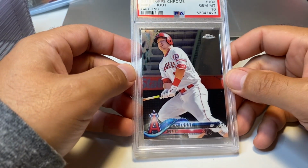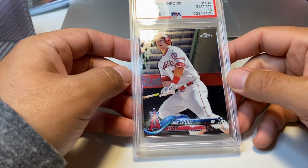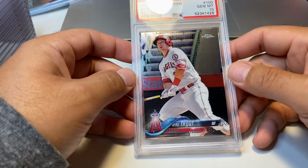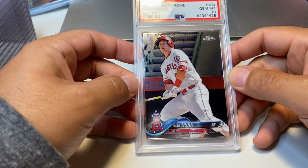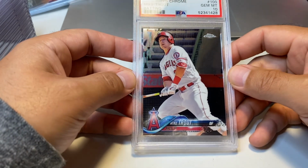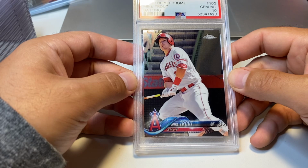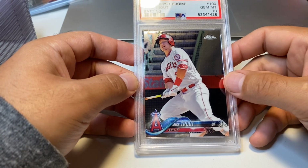So the next 8, 9 cards are Trouts that are just base, or else parallels, like refractors, nothing fancy, but something a little bit different. And this is a chrome instead of a paper base. So 2018 Topps Chrome Trout PSA 10. I'm sure his stuff has dropped significantly since the boom, since the bubble burst brought everything down,